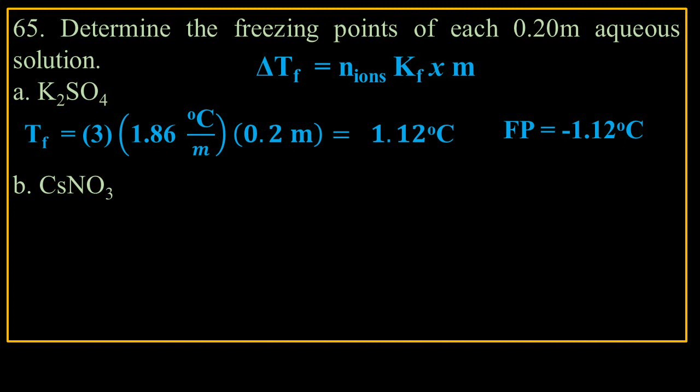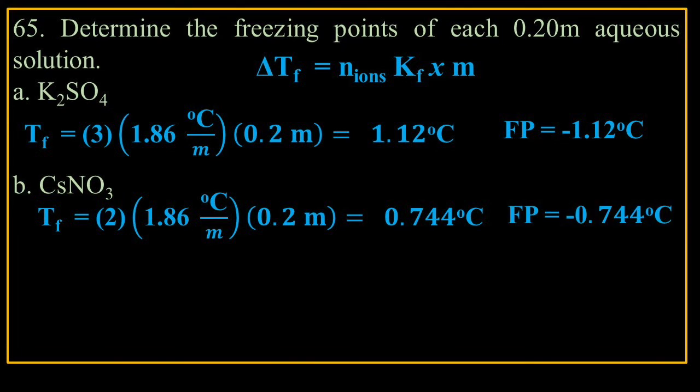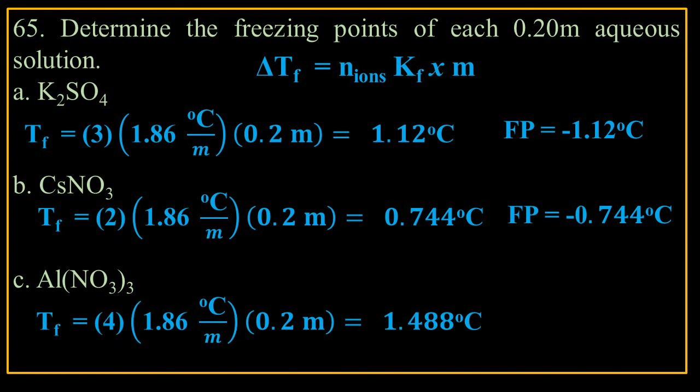So that'll be 2 times 1.86 times 0.2, and that'll be 0.744, negative 0.744 degrees Celsius. Now letter C will be aluminum nitrate. So that'll be 4 times 1.86 times 0.2. So that'll be 1.488. So the greatest freezing point depression will be